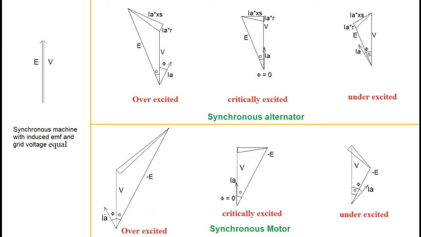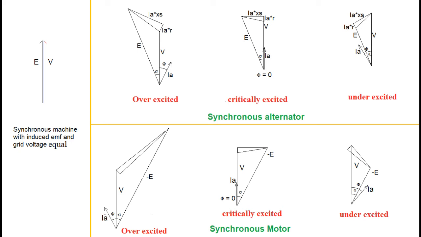From the phasor diagrams for various excitations, we see that current leads for overexcitation. It is at unity power factor for critical excitation and current is lagging for underexcitation. The crucial point to understand in the context of working of the machine is the changeover from alternator to motor. The prime mover is considered to be decoupled from the shaft when the rotor of the machine is rotating at synchronous speed. The reversal of voltage and current is automatic if the rotor shaft is applied with mechanical load.